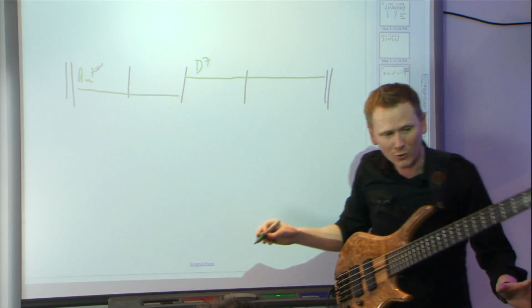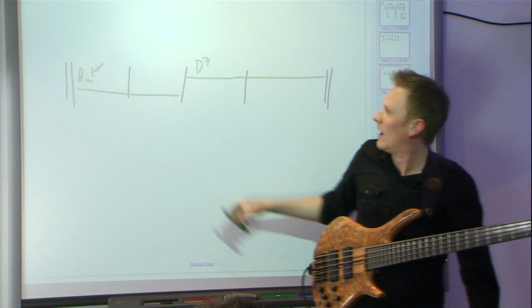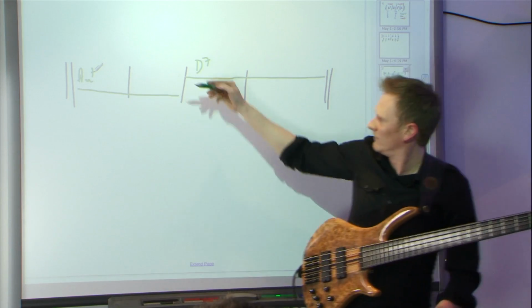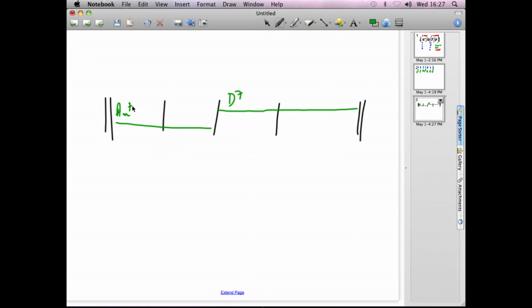Now, when we use chord tones, our line is very much static. It's the way I think about it, the chord tones, if I think of a scale as a series of steps,